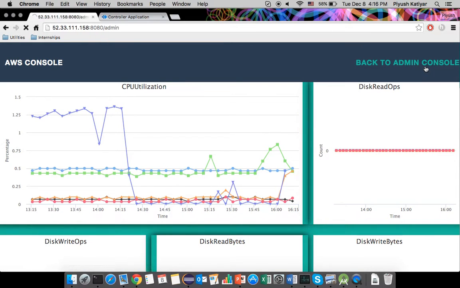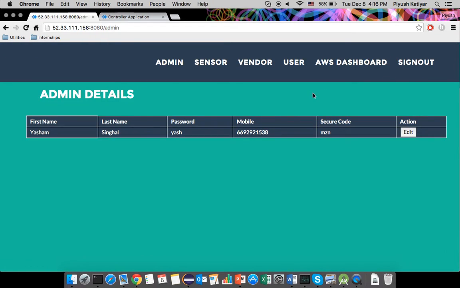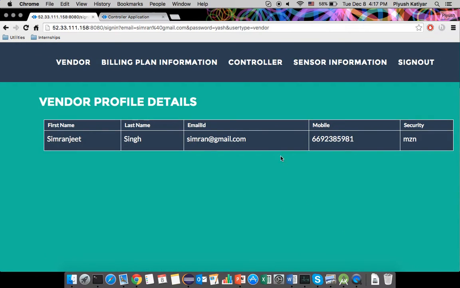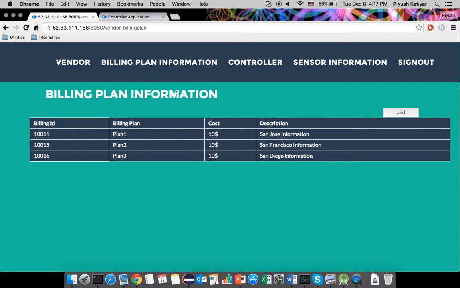Let's move back and go to the vendor module. Let me enter the details here, and let's sign in. So that's the vendor profile details. We have all the information associated with the vendor. That's the billing plan information,